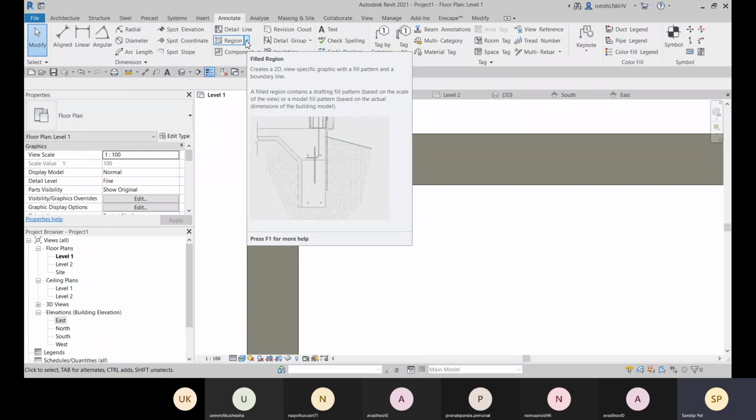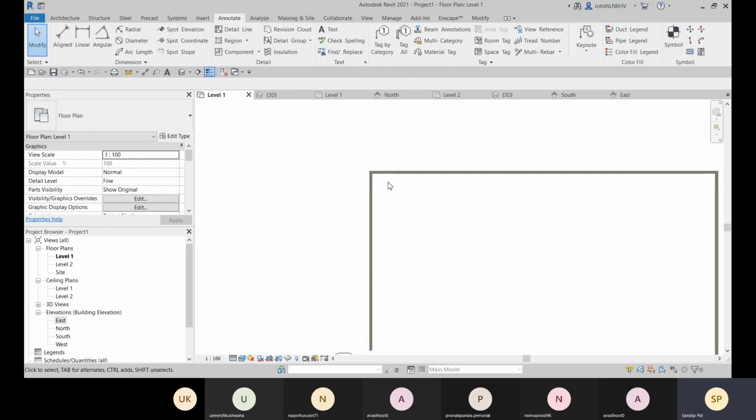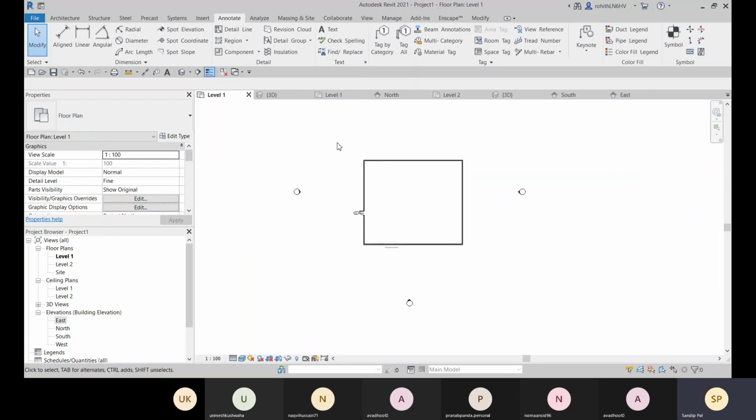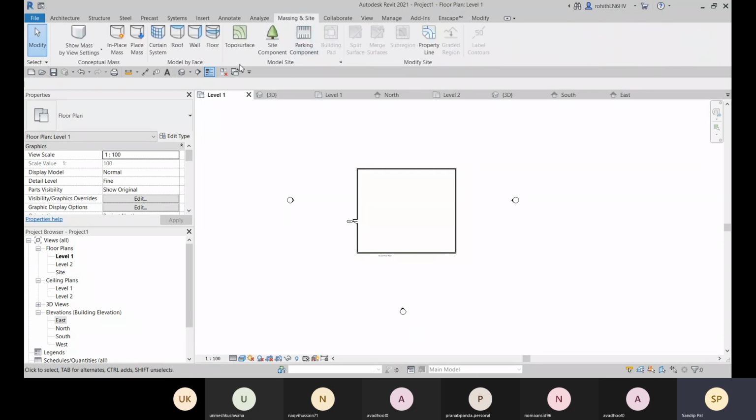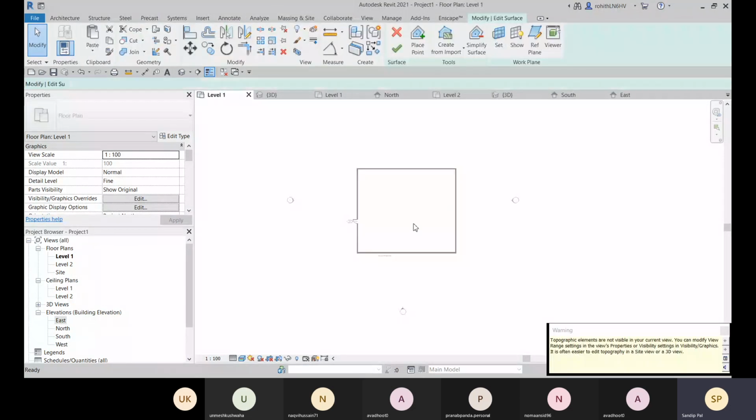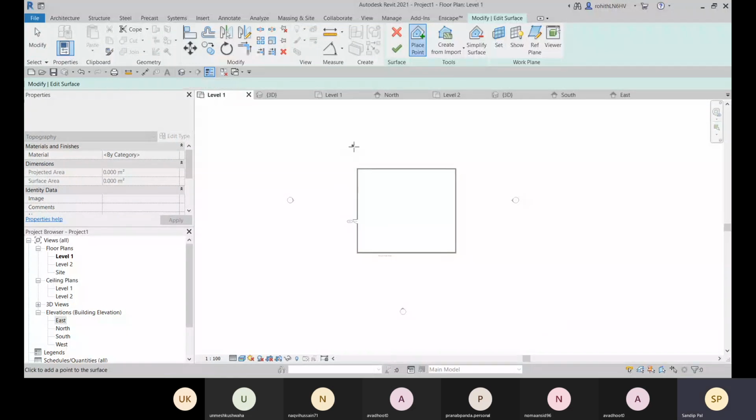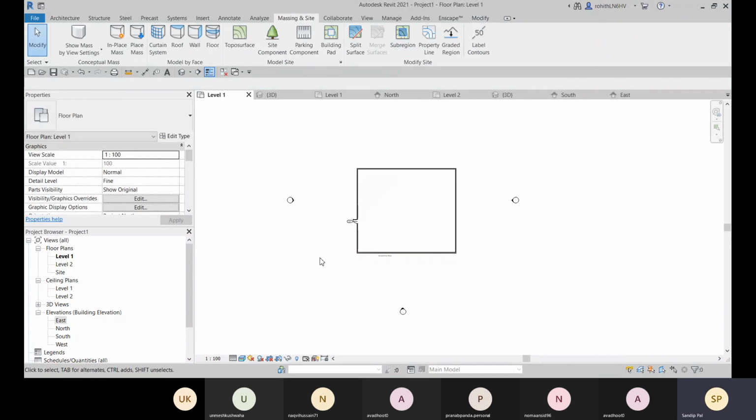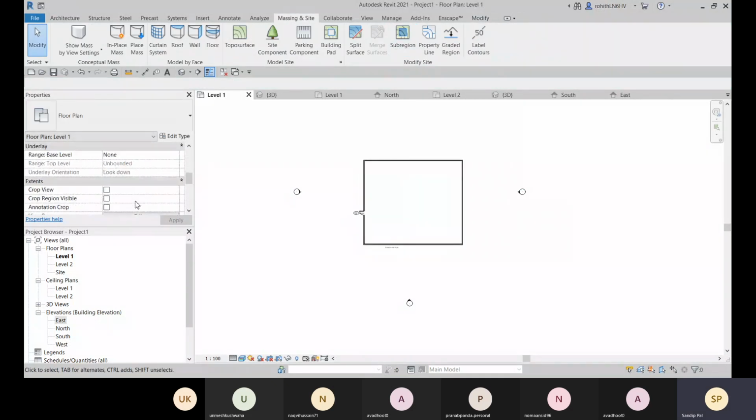So like for the site, suppose you have applied any site over there, and that is fine. And now you can see right now, let me go with this.